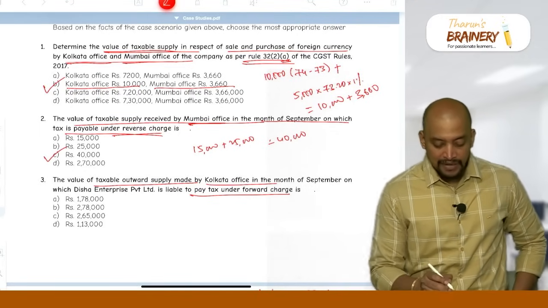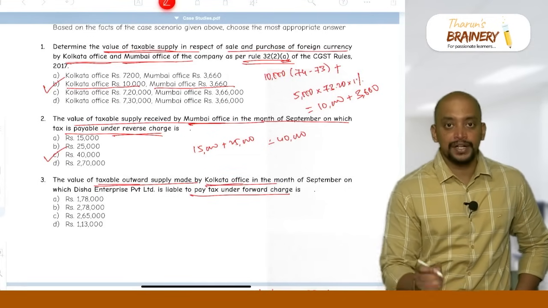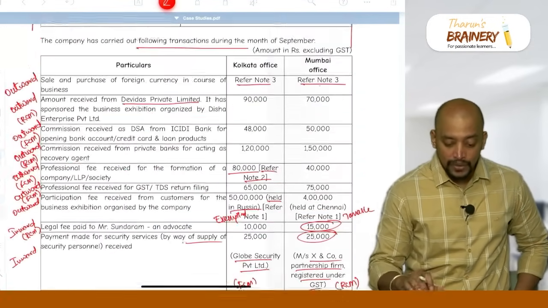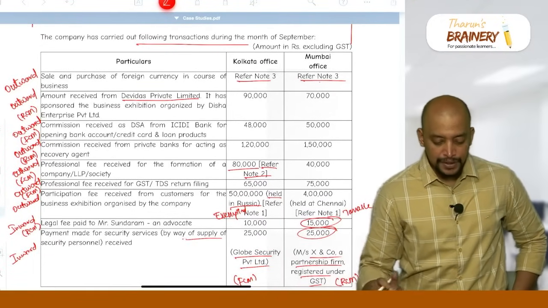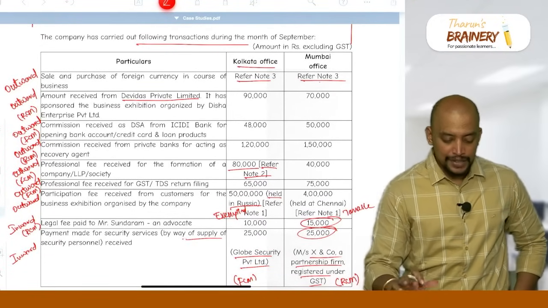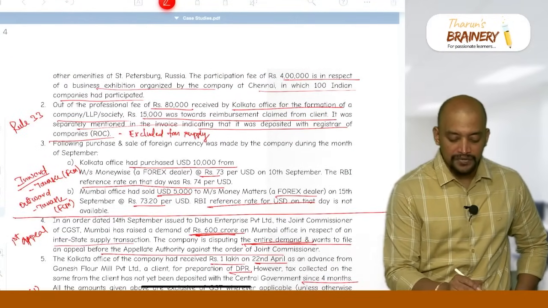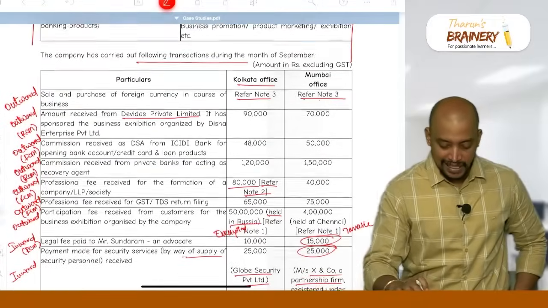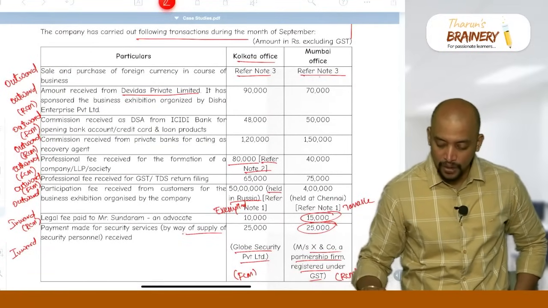Then next, the value of taxable outward supply made by Kolkata office on which they need to pay tax under forward charge. Outward under FCM. So what are the outward under FCM? If you see Kolkata office, the first transaction is inward. For Kolkata office it is inward, but they are asking outward under FCM. So don't take the first transaction. Next, outward RCM don't take. Third, 48,000 outward FCM,